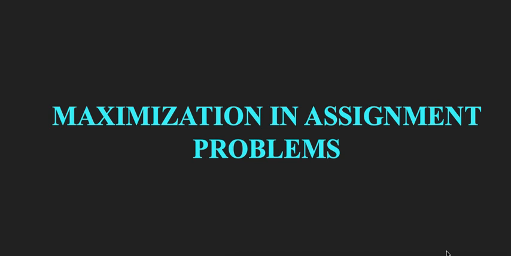Once we do it, we have succeeded in converting a profit matrix into a loss matrix. Once we convert this into a loss matrix, we can then apply the Hungarian method to find out the optimal assignment as well as the profit. Now when we talk about the Hungarian method, we have to be very careful. We have to first see whether the matrix is a square matrix or not. That is, the number of rows should be equal to the number of columns, that is, m should be equal to n.